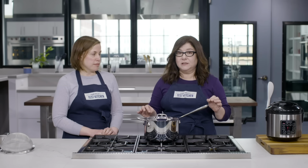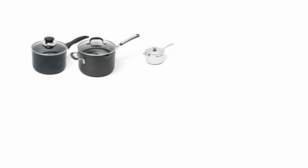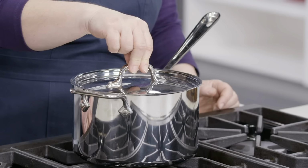It heats very evenly, which is important with rice because you want to simmer it for a long time, and you don't want the temperature going up and down. And I remember this testing. How many models did you do to pick this one as the favorite? 10 models of saucepans. This one is nice because the handle and the lid handle are made of solid stainless,